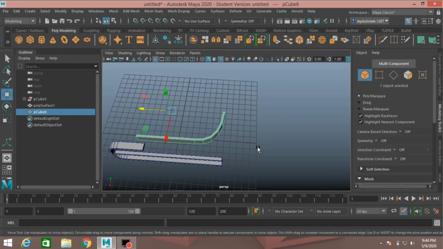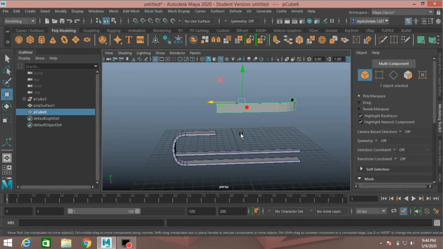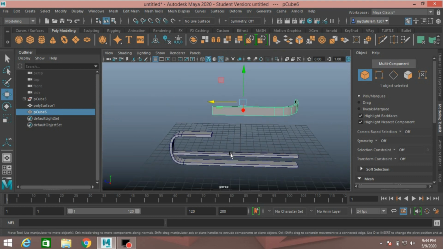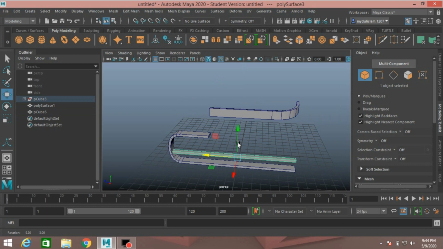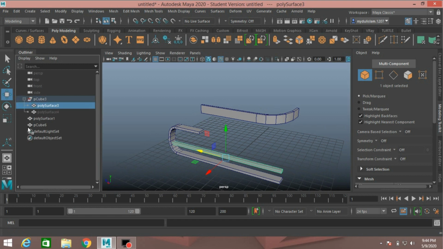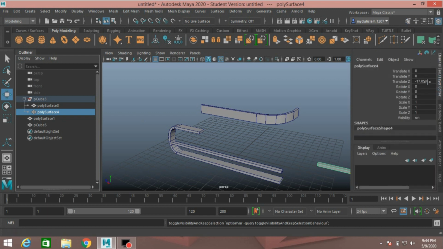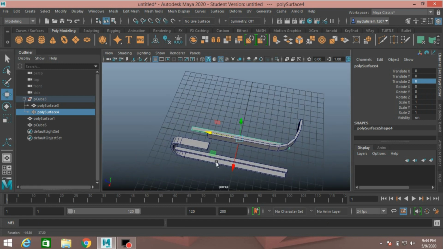Go to perspective view, again select this, unhide the hidden polygon and type 0 on translate z-axis and put it back here.